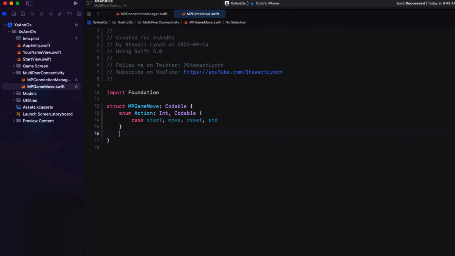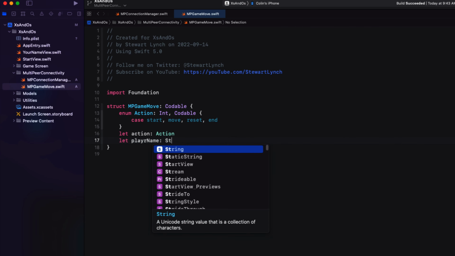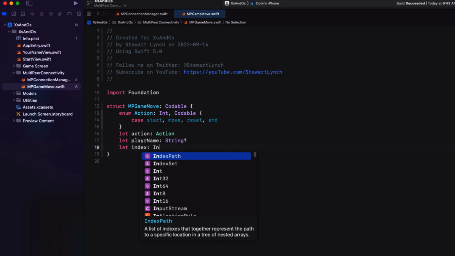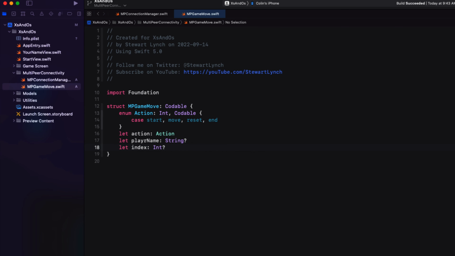Next, we can create 3 properties that we can encode to data and send. One will be the action. The second will be an optional string for the player name. And then the third will be the index for the move being made if it's a move, so it will